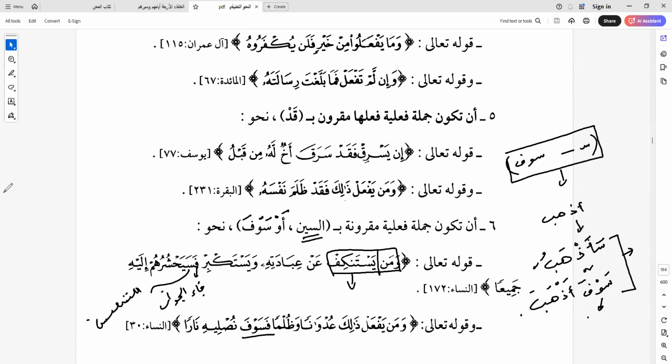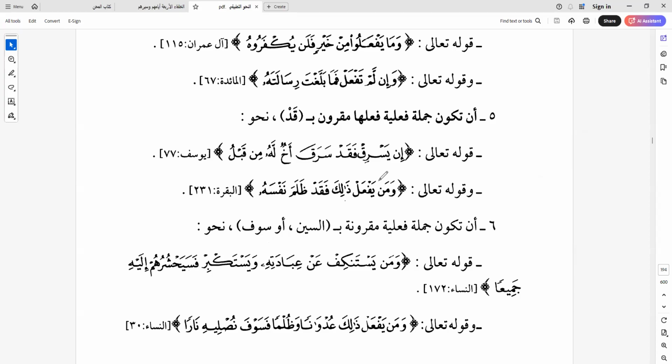Now, the concept of tanfis again, as far as jawab al-shart, jumla al-shart, and adat al-shart, or the creation of conditional sentences are concerned in Lughat al-Arabiya, is when you have sofa and you are using man that can do jazm to fill mudari, two of them, then you're gonna introduce fa when you have sofa here. So here we are focusing on the sofa, and then fasayakhshuruhum, we are focusing on the scene.